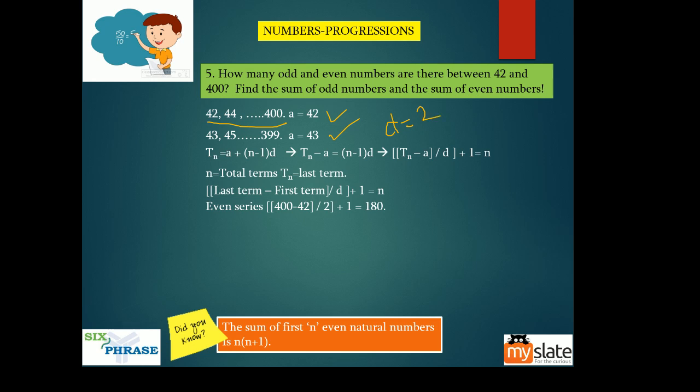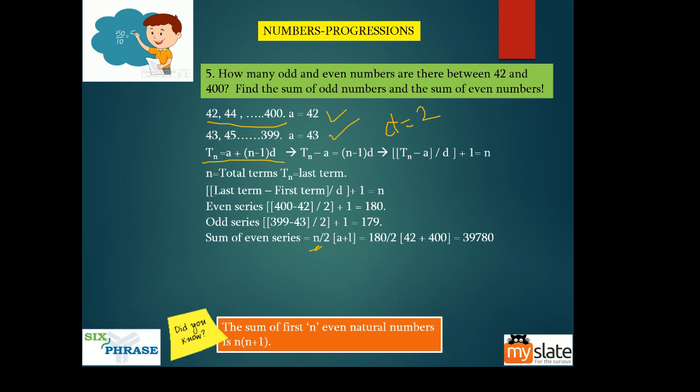Now if you have to find the sum of the series, you need this n value. For that you will first have to find n. How do you find n? There is a formula that you could derive from what we know. This is what we know, right? Now what I'm doing is taking this a to this side. You are assuming this to be the last term, where n is total terms, so this becomes Tn. Bring this a to this side, Tn minus a.